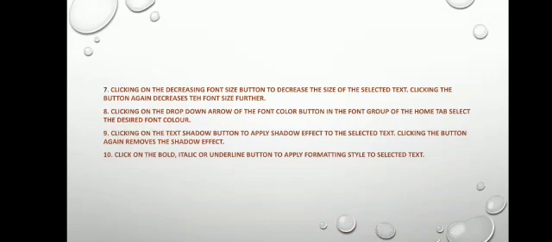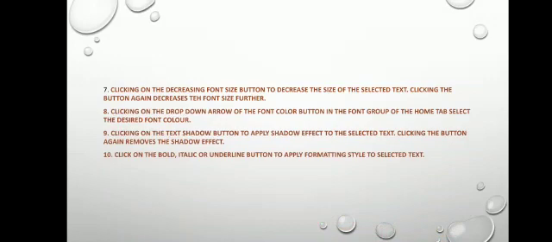So, bold, italic and underline. There in the font group of your Home tab, the options B, I, U are available. You can use these buttons to apply bold, italic and underline format in your text. If you are not using this, then you can use the shortcut keys for that one.